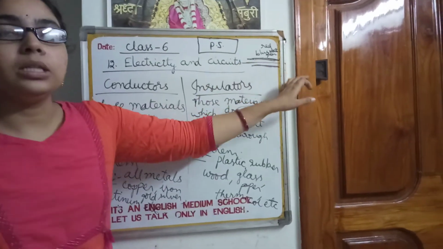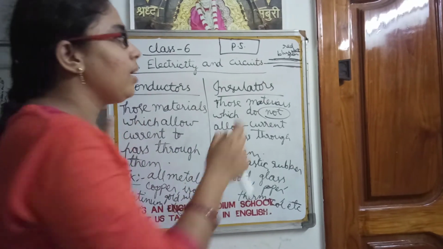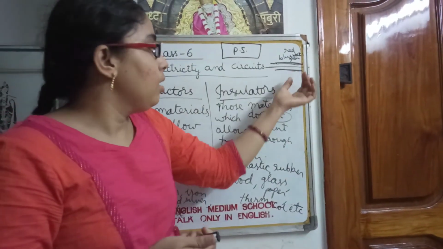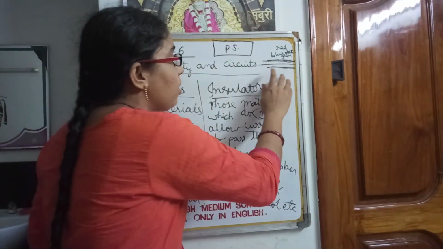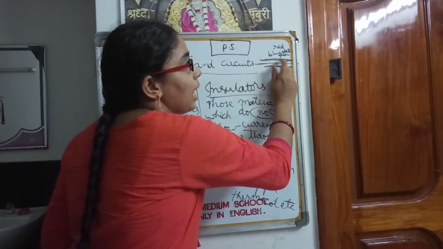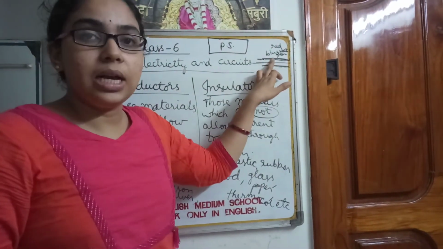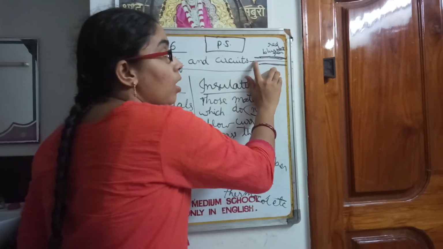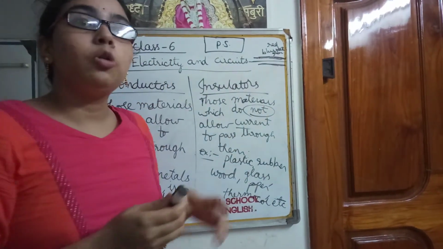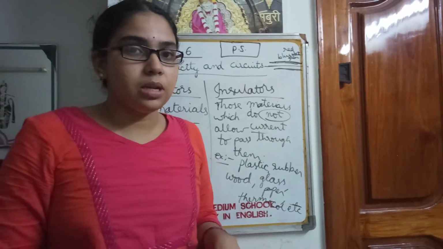So through the metals, because those are good conductors, current is passing, and it's okay, then we don't need insulators, isn't it? But that is wrong. Why? Because see, over them some colored covering is there, isn't it? That is made of plastic. If that covering is not there, accidentally if we come in contact with that metal wire through which current is passing, we may get a shock and it may lead to the death of the person, isn't it?